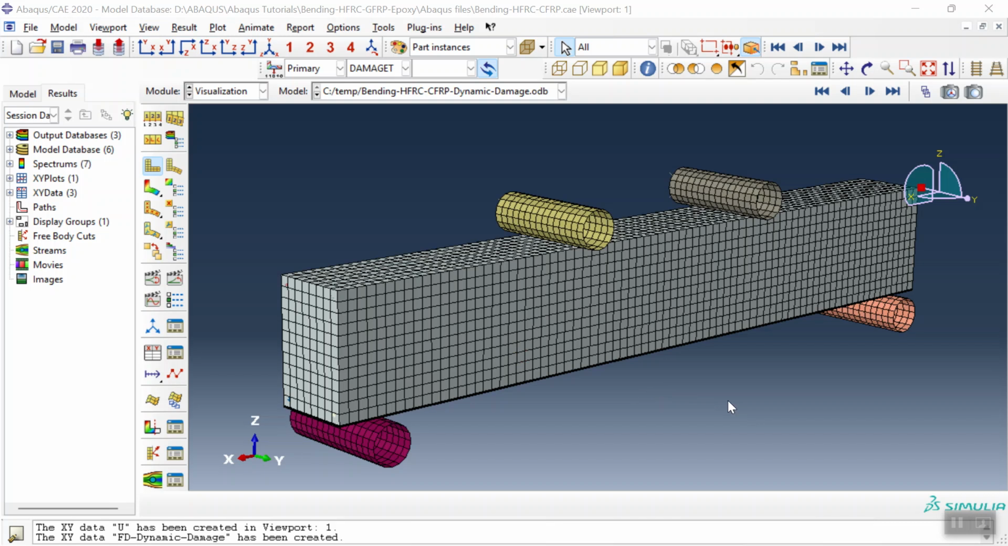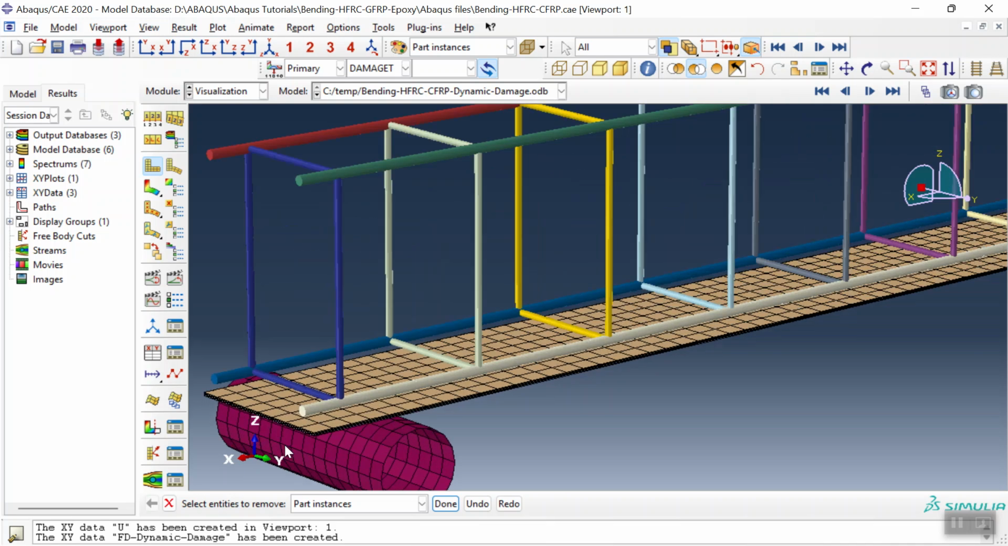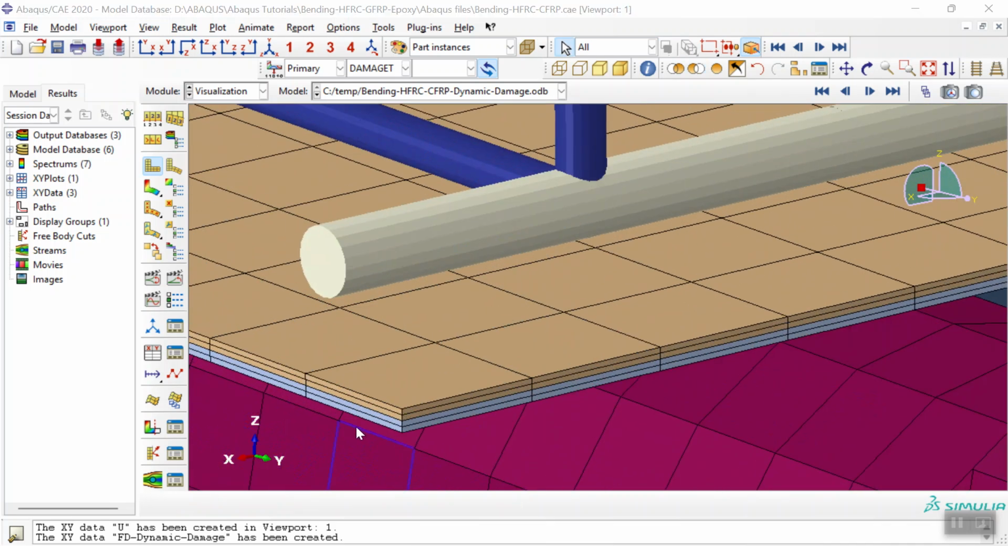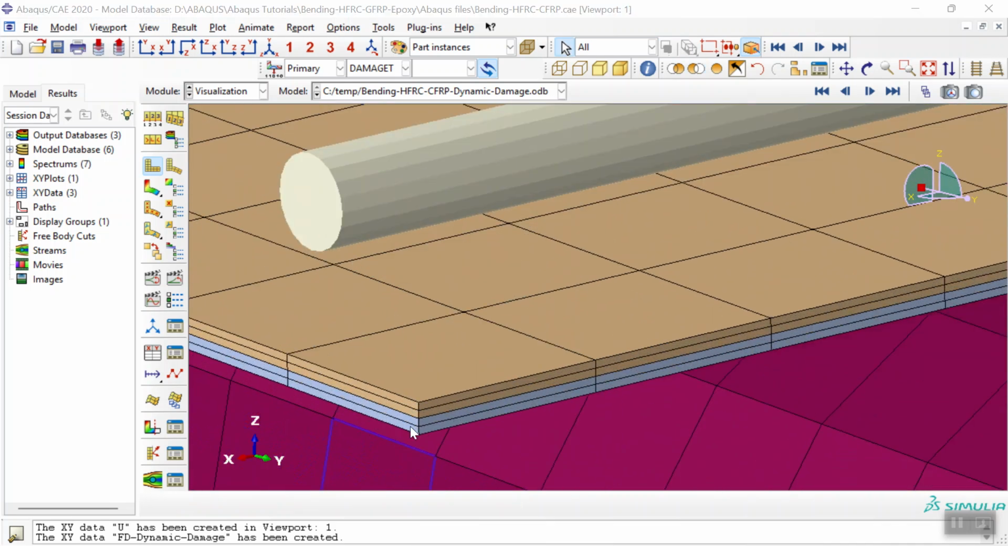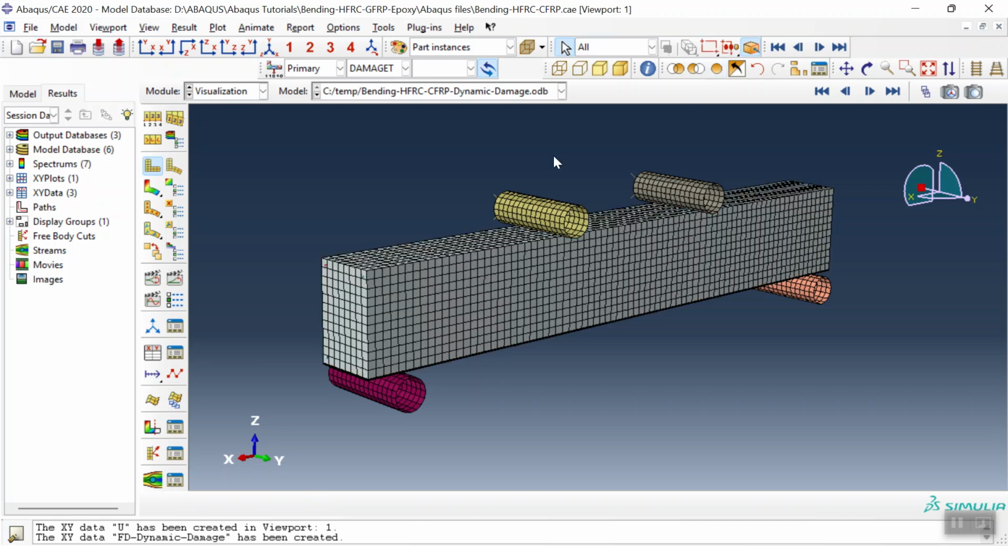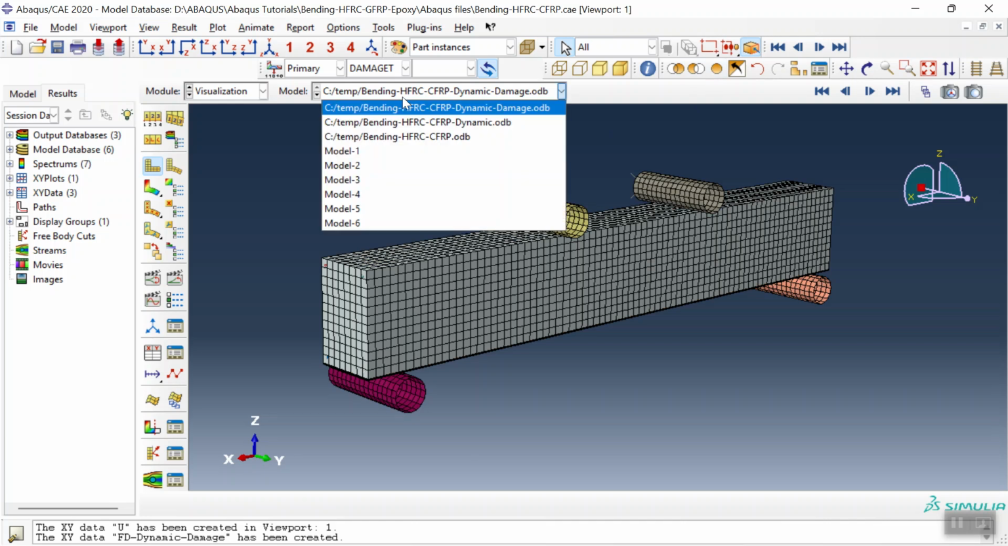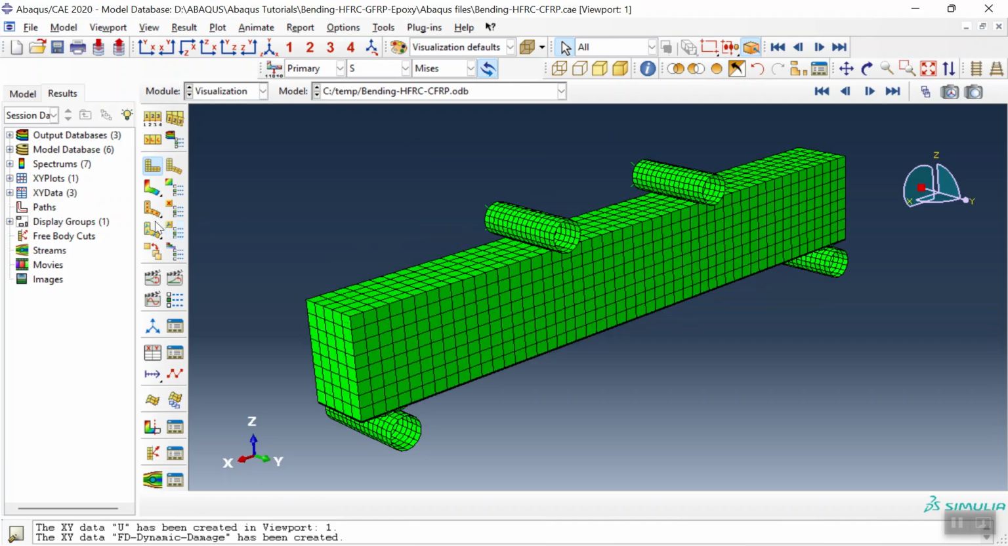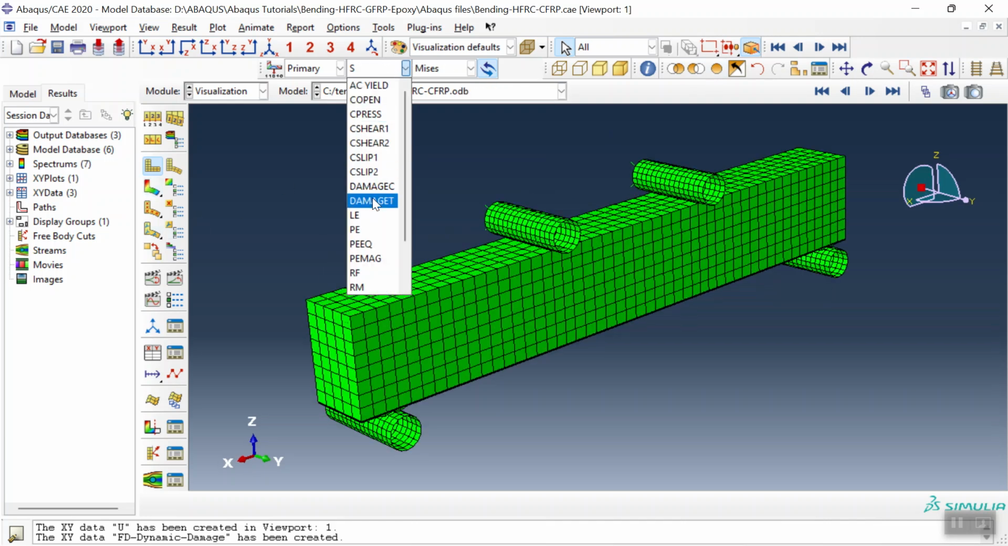Today, we did a model of the flexural behavior of a steel polypropylene hybrid fiber reinforced concrete, reinforced with a steel reinforcement. Here we have the epoxy layer, then we have the GFRP layer as a full model of the steel polypropylene hybrid fiber reinforced concrete. First, we did the static model, and you can see here in the static model,